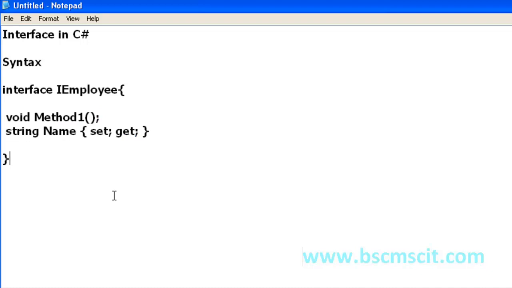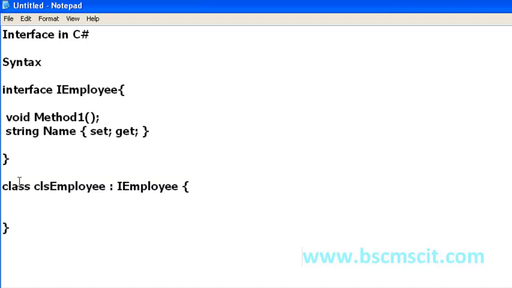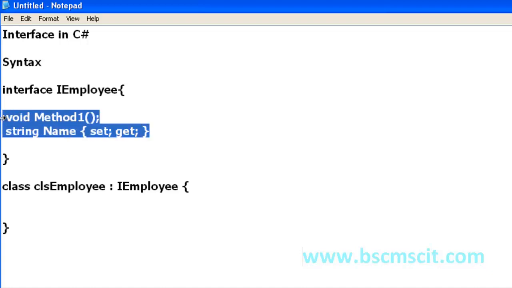Let me show you. Let's say we have a class called clsEmployee, and let me just implement the interface. Now if we do it like this, we cannot execute this class without providing an implementation of both signatures.